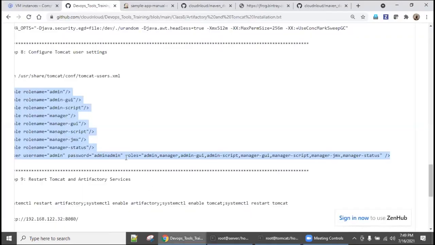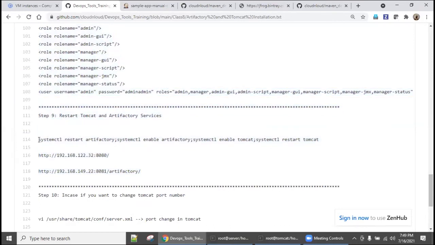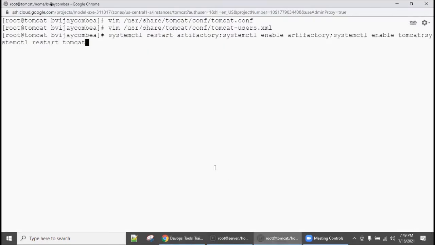Okay, now what is that? We are going to restart the Artifactory and enable it persistently across reboot, and the same for Tomcat. So for Tomcat and Artifactory, we are going to restart the services and make the services persistent across reboots. So let's wait.